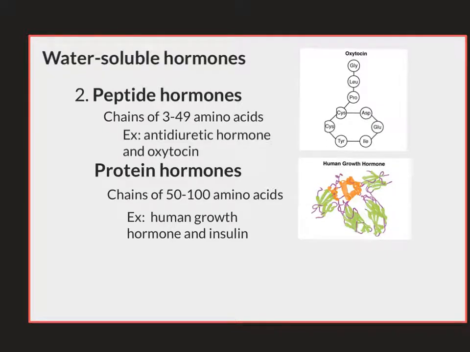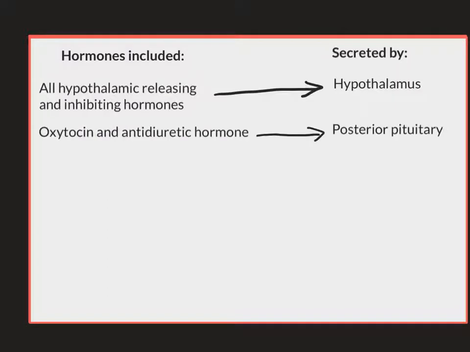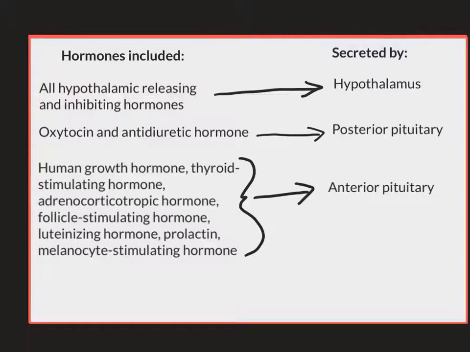They include all hypothalamic releasing and inhibiting hormones that are secreted from the hypothalamus, oxytocin and antidiuretic hormone, which are secreted from the posterior pituitary, human growth hormone, thyroid stimulating hormone, adrenocorticotropic hormone, follicle stimulating hormone, luteinizing hormone, prolactin, and melanocyte stimulating hormone, which are secreted from the anterior pituitary, insulin, glucagon, somatostatin, and pancreatic polypeptide secreted from the pancreas,